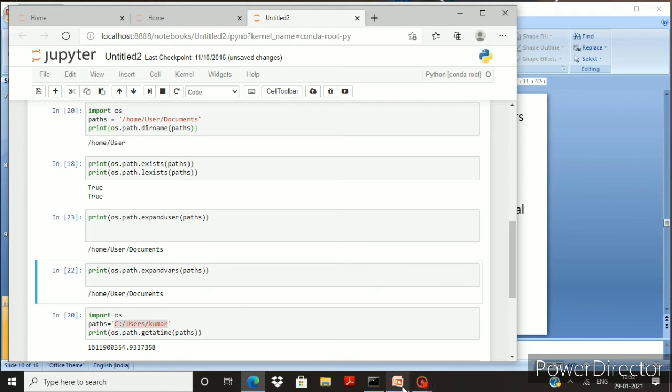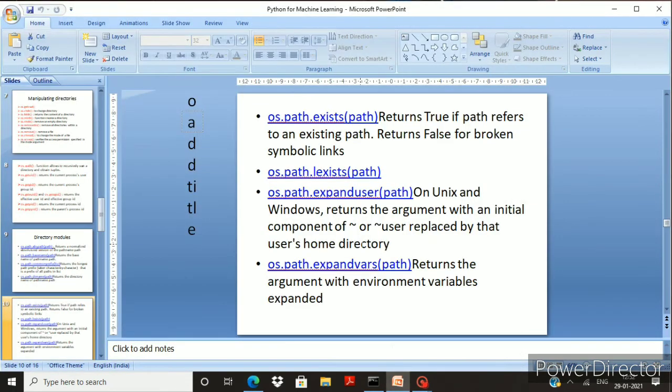Next one is expandvars, that is, this will return the argument with the environment variables expanded or not. Here it is not mandatory that you should use this one itself. Both will show you the same result, because one is the user and the other is the expanded version of that particular user.